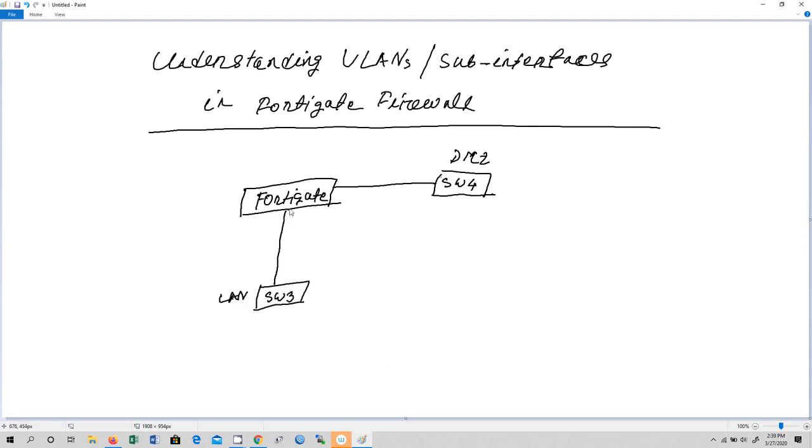As you can see, in FortiGate firewall, port 2 is connected to switch 3 and port 3 is connected to switch 4, which is the DMZ zone network.